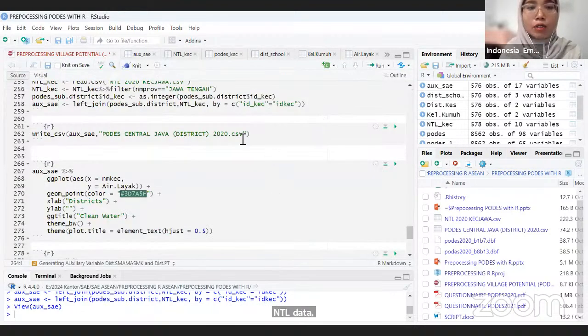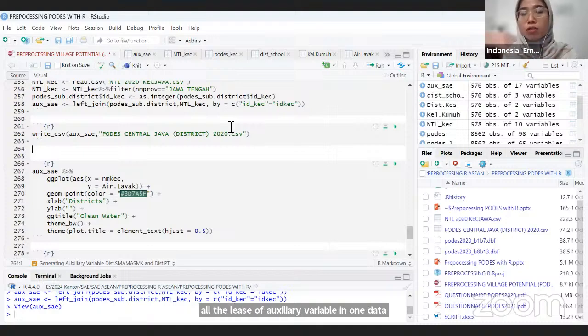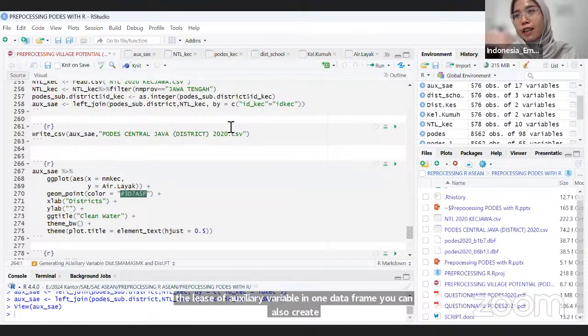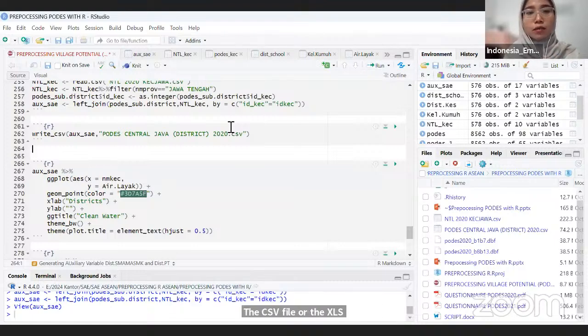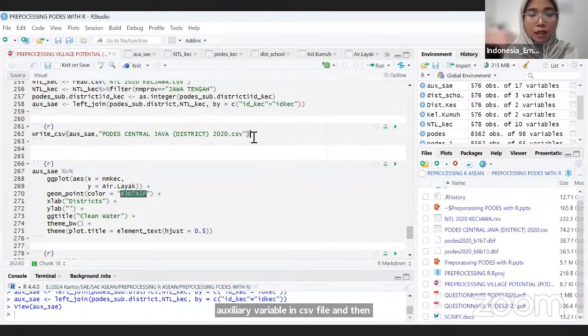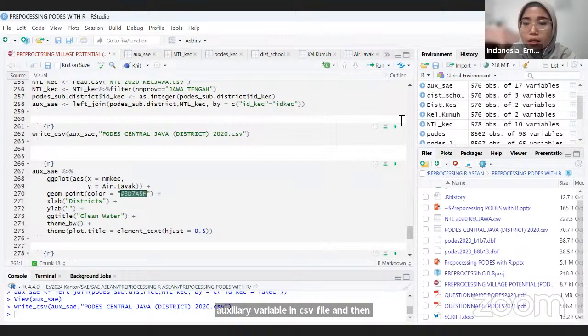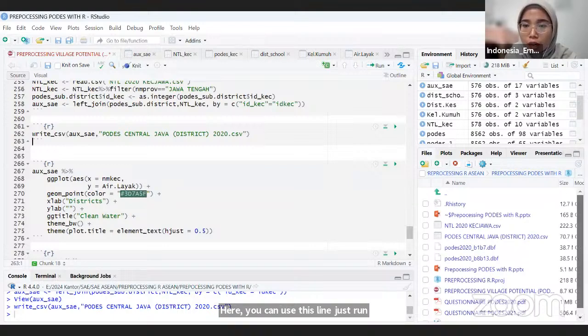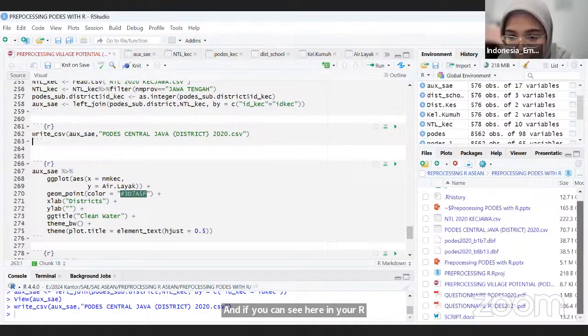Okay, and also after you have all the lists of auxiliary variables in one data frame, you can also create the CSV file or the XLS file that contains all your new auxiliary variables. For example, here in this line, you want to store your auxiliary variables in a CSV file, and then here you can use this line, just run. And if you can see here in your R project, you can find the